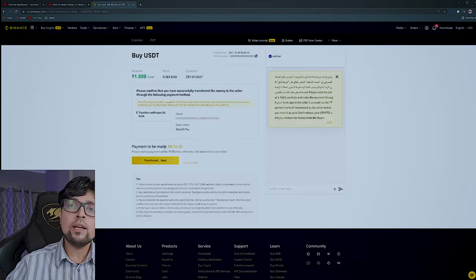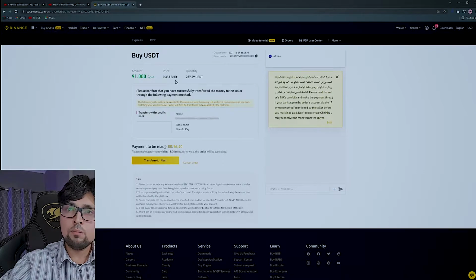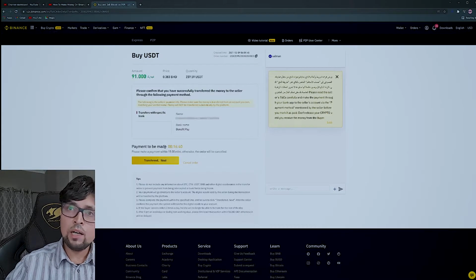So you have to be very careful. Let me give you an example. Let's say I see this window and I am straight away paying via Benefit 91 dinar, and for some reason my internet goes off or something happens, and I do not click on this transfer next window. What will happen, since there is a time limit of 15 minutes,